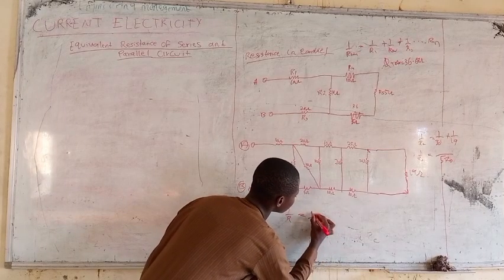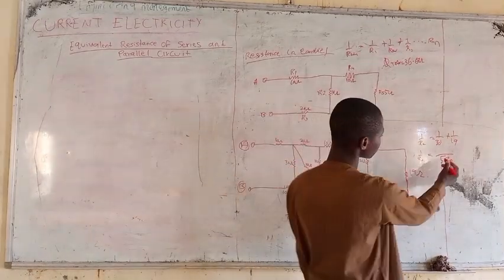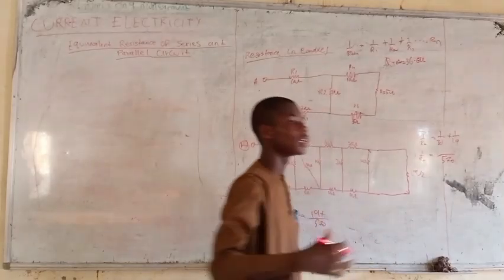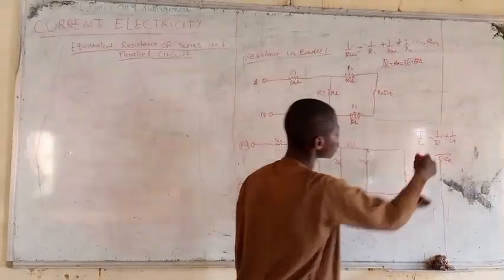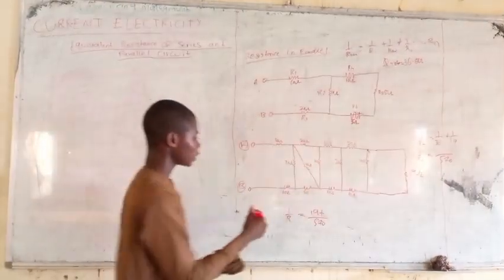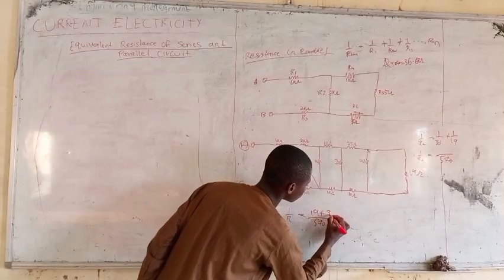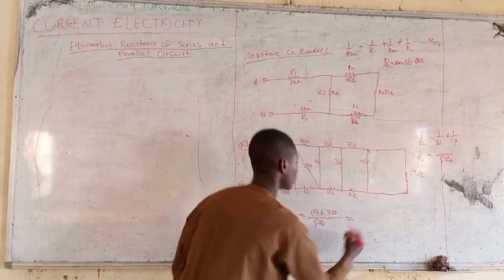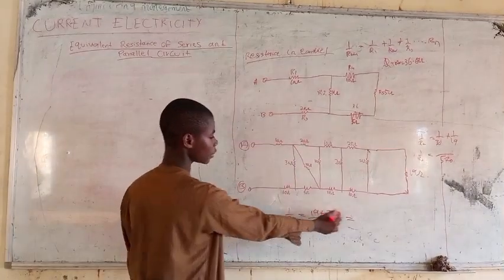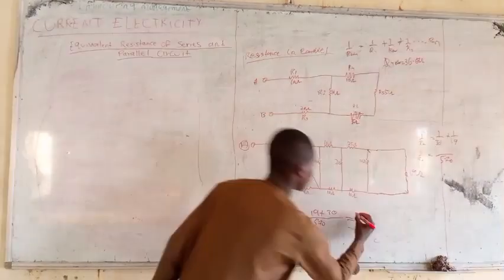Then 570 into 19 gives you 30, and 30 times 1 is also 30. So, therefore, 19 plus 30, we are going to have